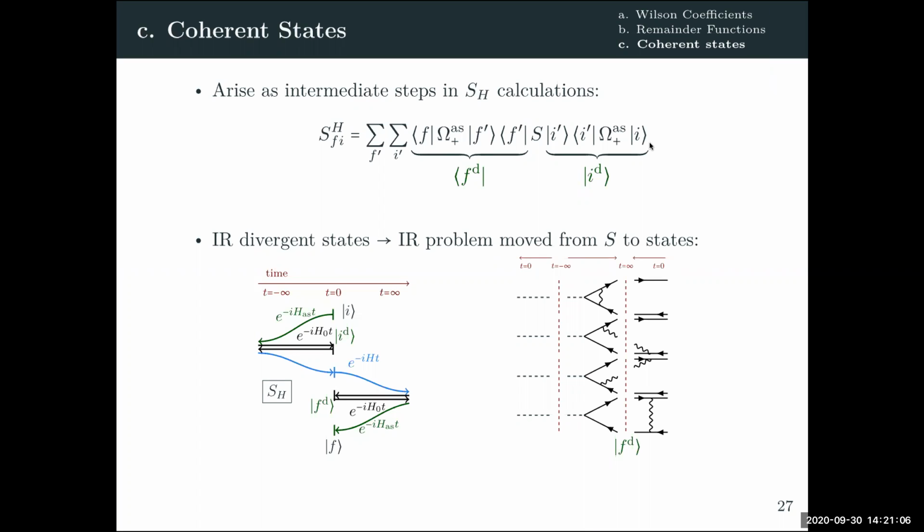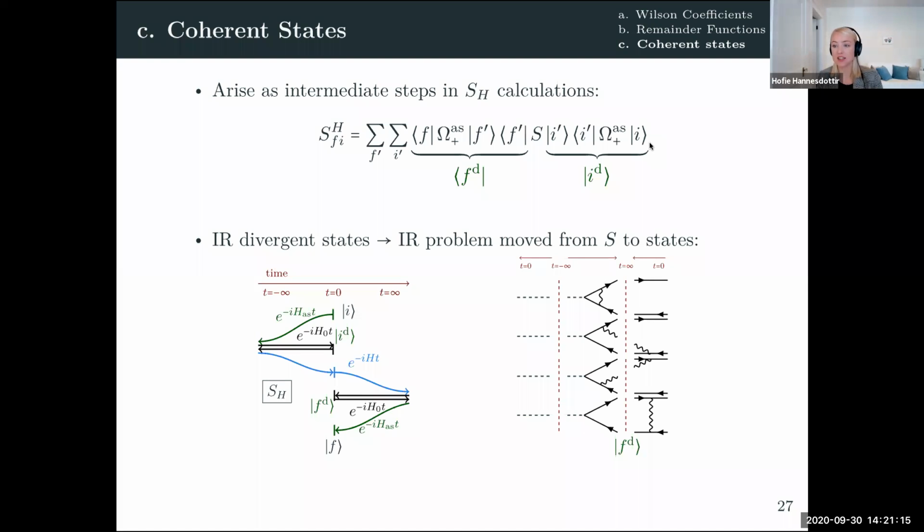To consider eigenstates of the asymptotic charge as opposed to eigenstates of some other conserved quantity? Yeah, so as I say, to me that's still an outstanding question, why or if that's the right thing to do. But the claim is that eigenstates of this asymptotic charge are the same as the Faddeev and Kulish coherent states. And we know that scattering them gives an IR finite quantity, basically based on the Faddeev and Kulish paper. Or now we know also based on